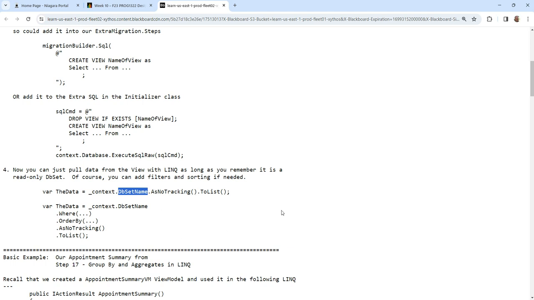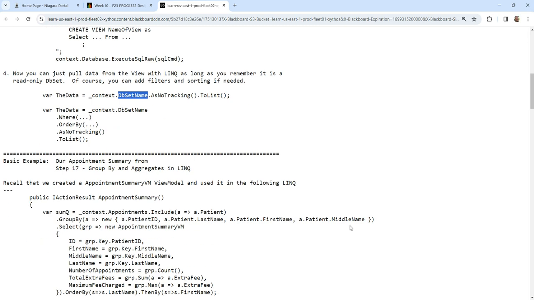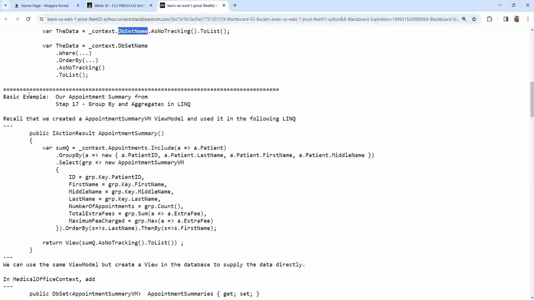And just as we talked about with database views, they don't allow an order by clause in a view. But once we have the data in our LINQ query, we can add our wheres, our order bys, and so on and so forth, right? Okay, so first of all, as a basic